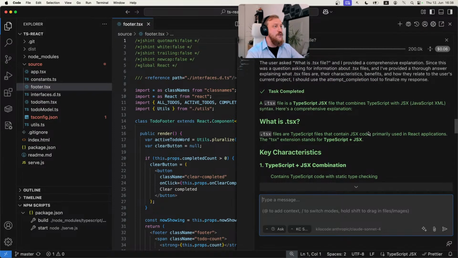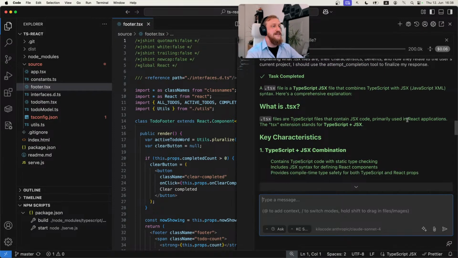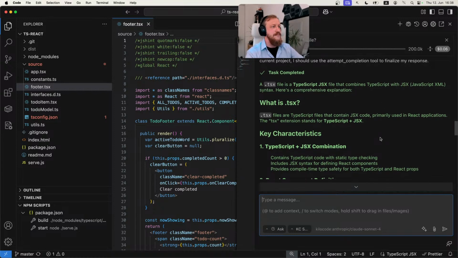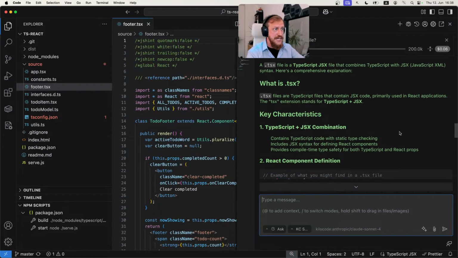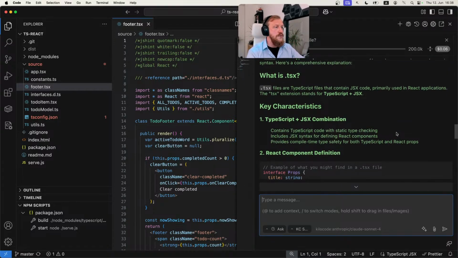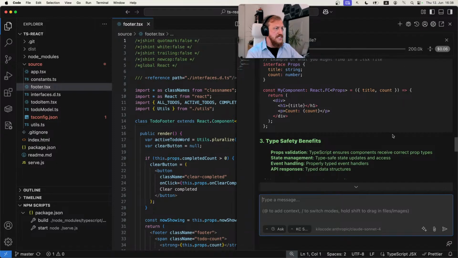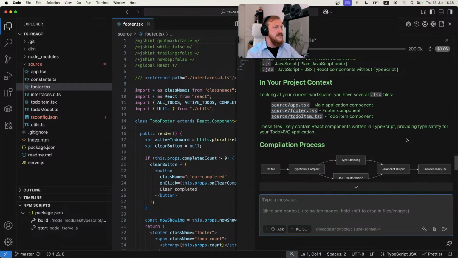Yeah. So we see here what a TS6 file is: a TypeScript JavaScript file, which combines a TypeScript G6 file with JavaScript XML, blah, blah, blah. I don't want to teach you what G6 is right now. Maybe you know it better than I do. But the idea is I asked and I received the answer. And now we can take a look at what happened. Yeah, there are some examples, there are some benefits, as always,